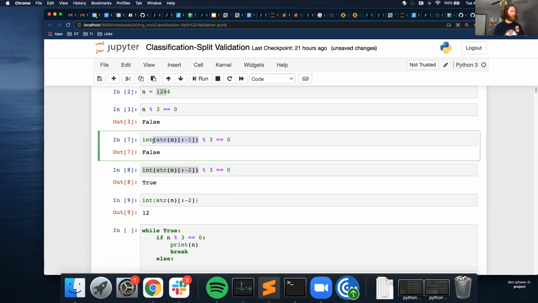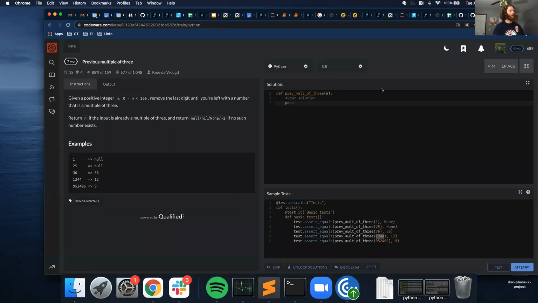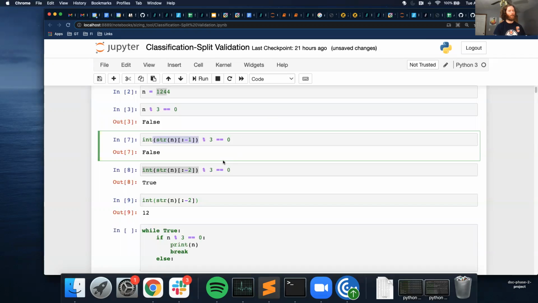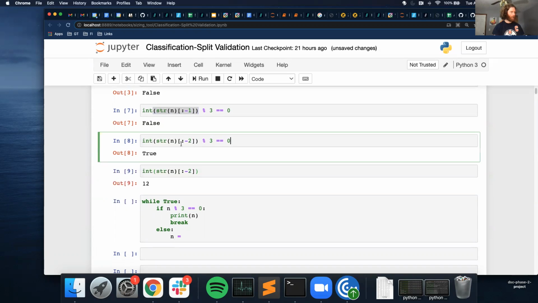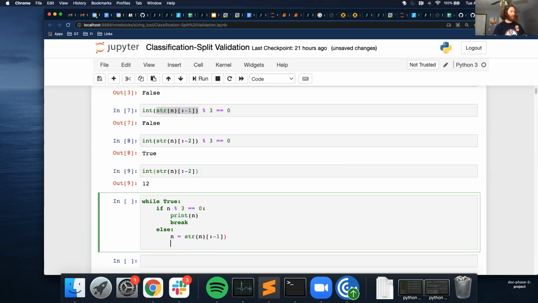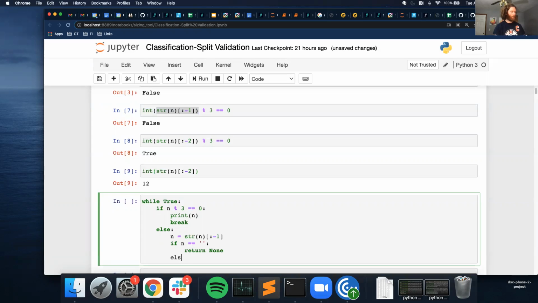So I think I'm going to do this in 2 steps, where I'm first going to remove the character, then I'm going to check if it's a blank value. If it's a blank value, then I'll return none. Otherwise, I'll keep going within the loop. So n equals, I just want this part, and then if n is equal to this, return none,